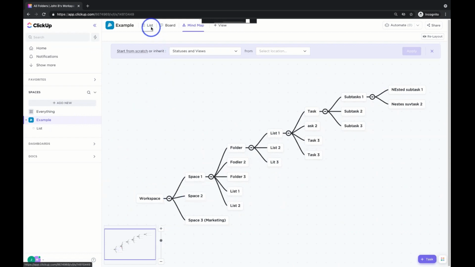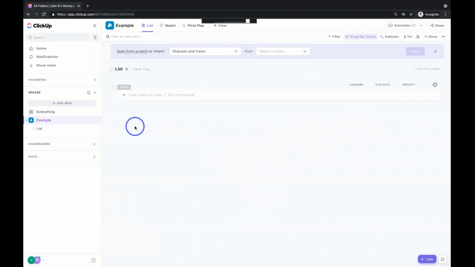All right, so that is how we wanted to train you on the hierarchy. But what we're going to do now is actually start building out this account with a use case that you want to see. So we're going to introduce you to the idea of our template center. Next to our space, we have a plus option. When we click that plus button, we see the template center. The template center is your friend.